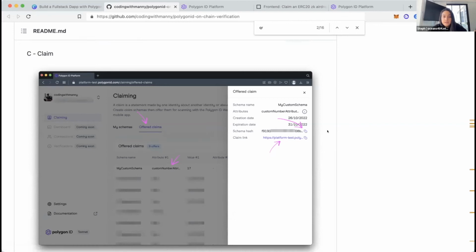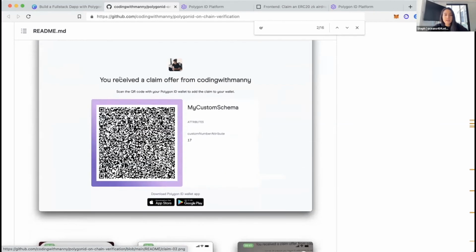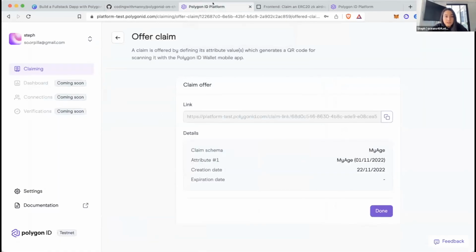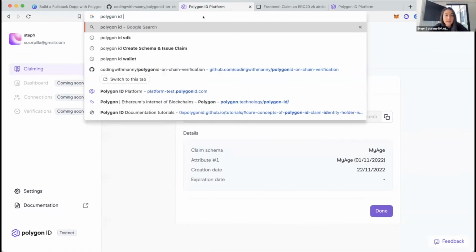And then this is that claim. Remember, you can use the claim link to claim it inside of your Polygon ID wallet app. You've received a claim offer. The problem with the UI version of this right now is that you can only send a link that is unique to a person. So you can't send all of your friends that same claim link. You can only send one to Manny, one to Rahat. But we also just released Polygon ID